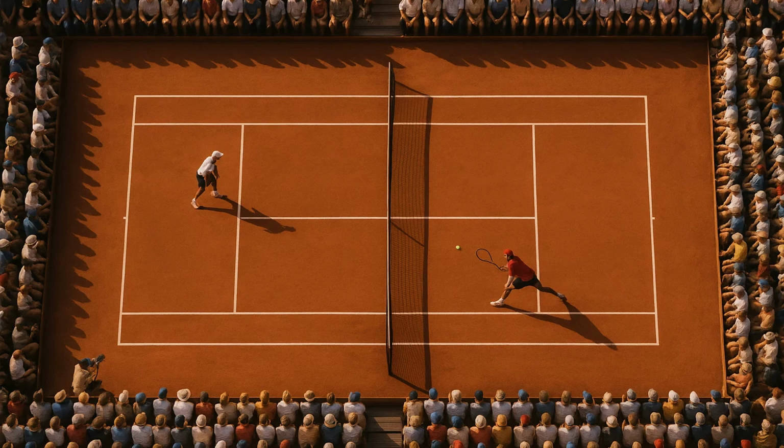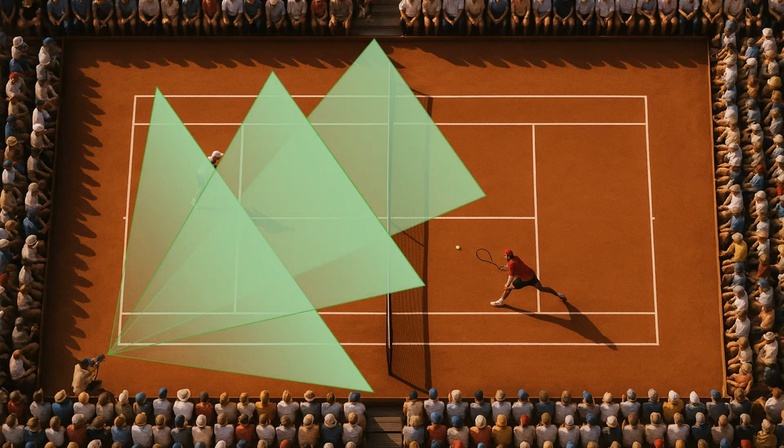The field of view, or FOV, defines what portion of the scene the optical system can see. For a fixed sensor size, a wider field of view means more of the scene is captured. That gives us more overall information, but less detail from each individual point, since the light is spread out. On the other hand, a narrower field of view concentrates on a smaller area. That means more light and detail per point, but from a smaller portion of the scene. So there is always a trade-off, more coverage versus more detail.